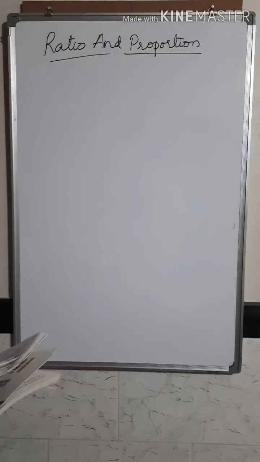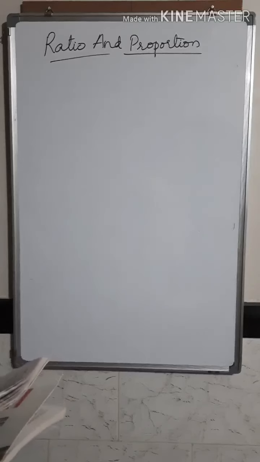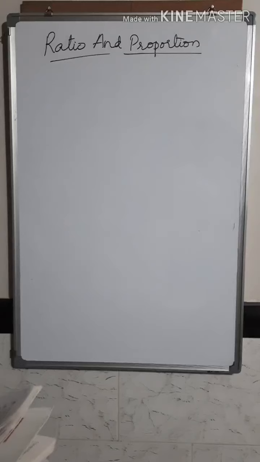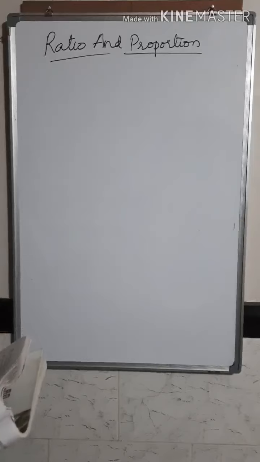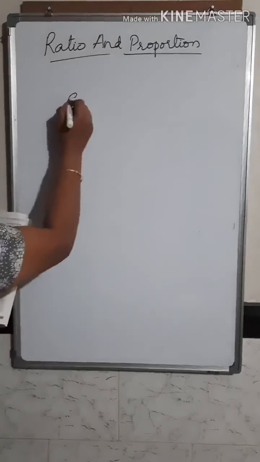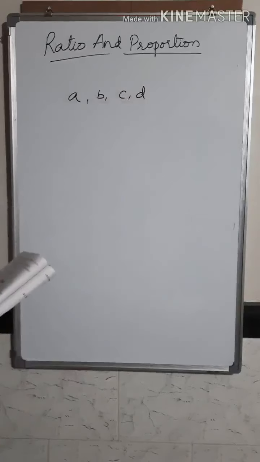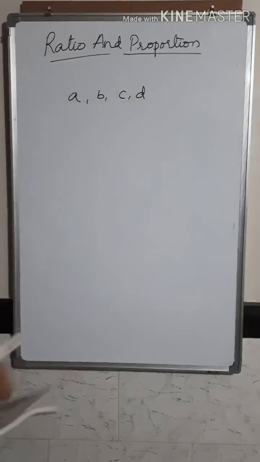That is operations on equal ratios. Now what is this operations on equal ratios? Suppose you have four terms which are in equal ratio, then there are a few properties which can be used in solving the problems. Let us consider the four terms as A, B, C, D. We'll learn the properties based on these terms.